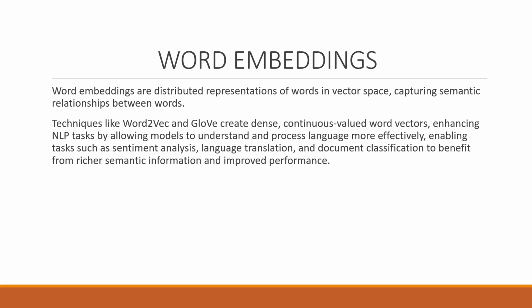This means the embedding captures intimate relationships between words. For example, king and queen would be closer to each other than king and car. Methods like Word2Vec and GloVe are popular for creating these embeddings. They generate continuous value vectors that capture complex relationships between words, as opposed to traditional methods that use sparse one-hot